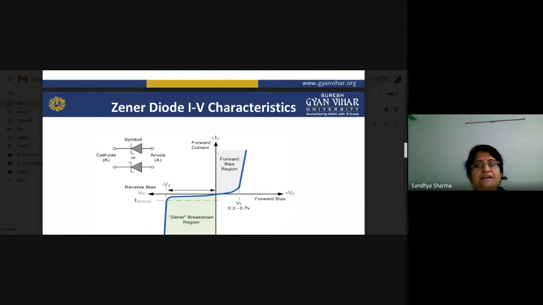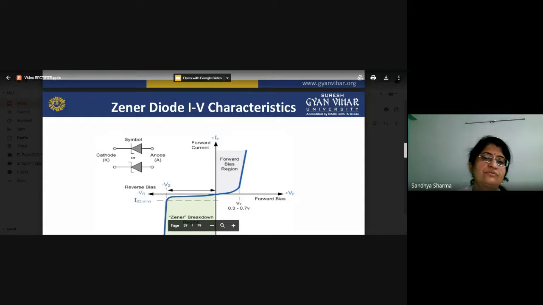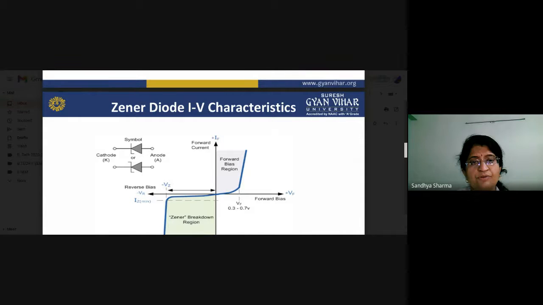That is a simple IV characteristic you can see here. The forward bias region is the same as an ordinary diode. In the Zener breakdown, reverse bias, we can see the sharp curve. Why the sharp curve? Because we have done high doping. If you are making a Zener diode, the point to remember is that the diode should have very high doping. When we provide high doping, we can achieve a sharp breakdown. That is the symbol we use to represent a Zener diode. It looks like a Z-shaped plate at the cathode.